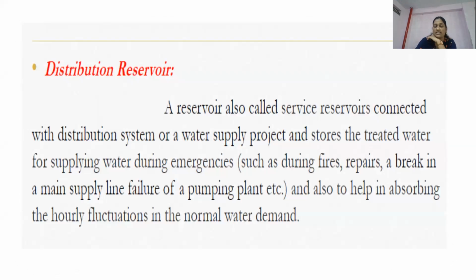Yesterday, I had given you an example that suddenly there is a Wari festival at Pandharpur. So the demand of water increases 100 times, 10 times, 50 times. But at that time, we cannot increase the rate of filtration, rate of coagulation, rate of sedimentation. If we increase the rate suddenly in the treatment process, we need to compromise with the quality, because the efficiency of a treatment plant is not like this, is it?